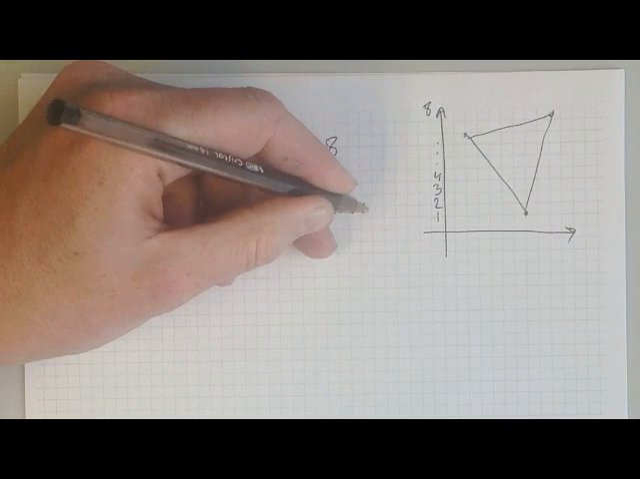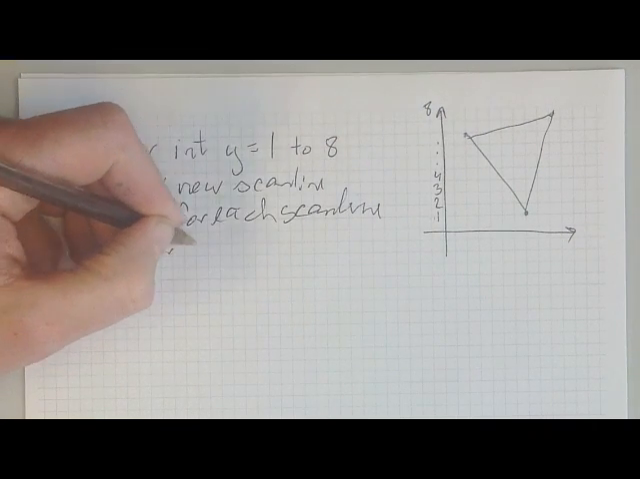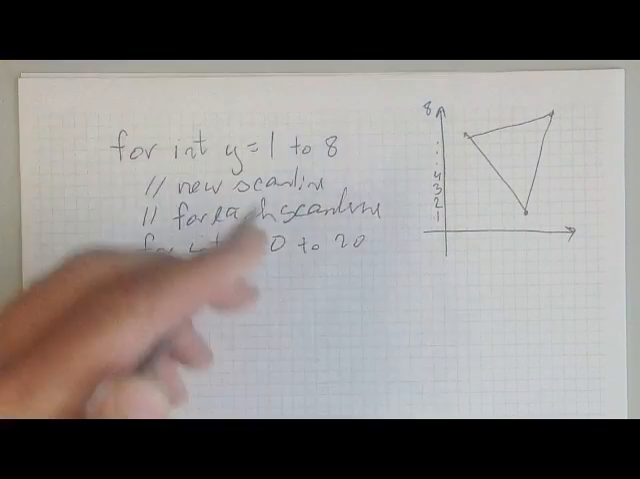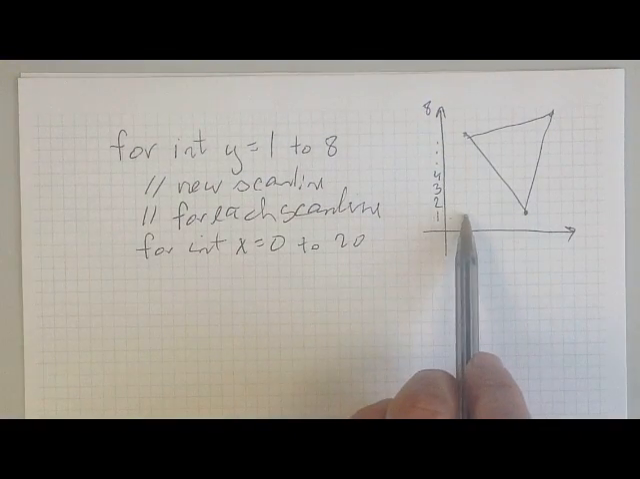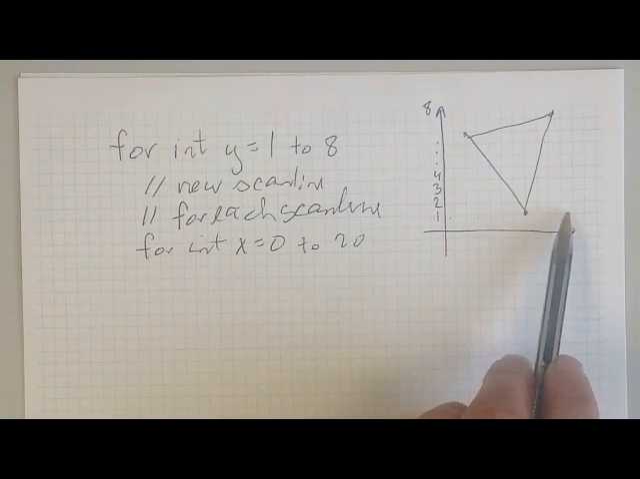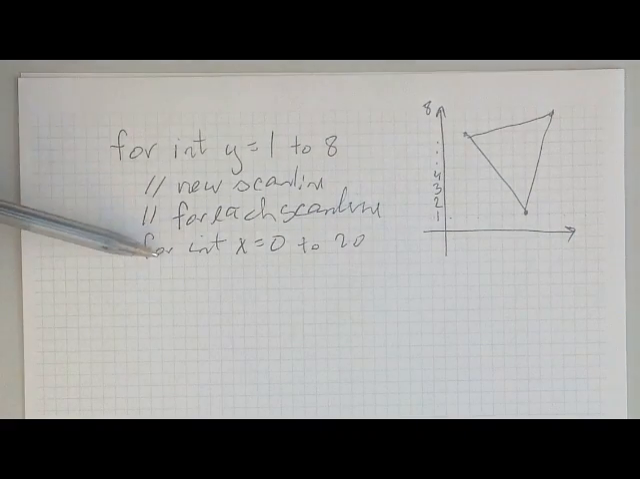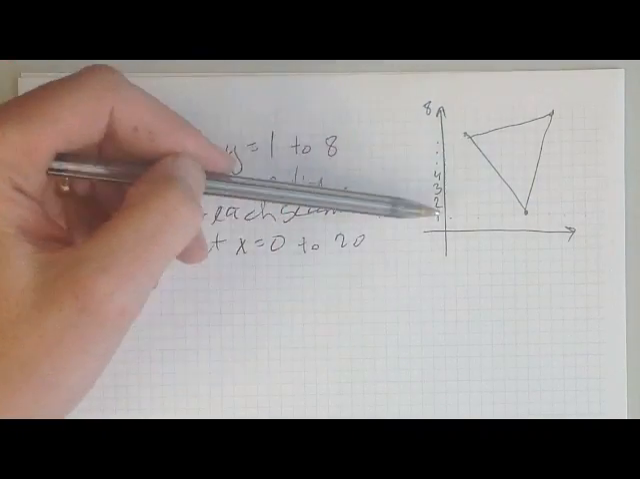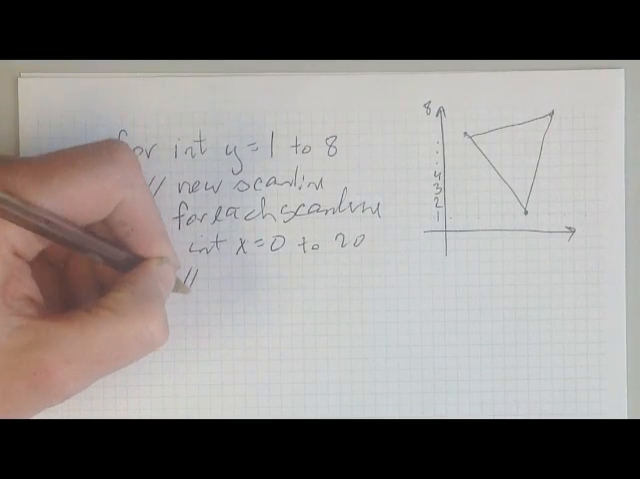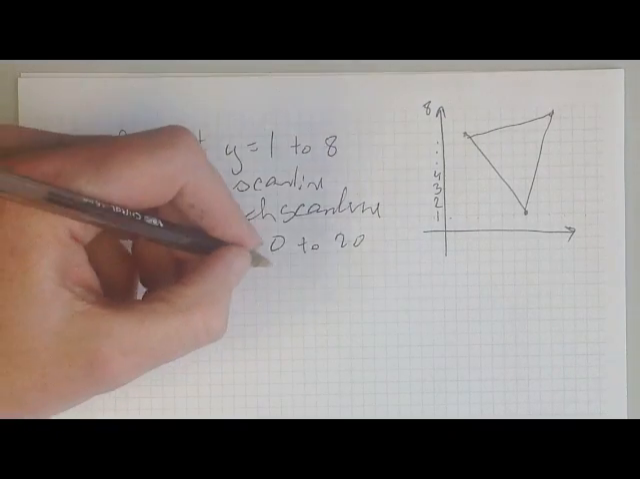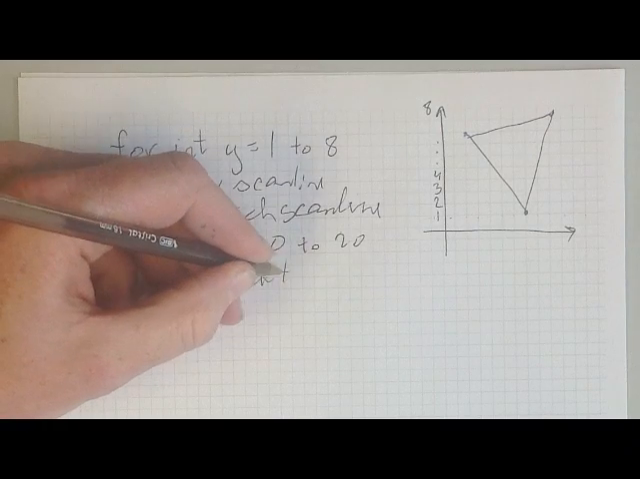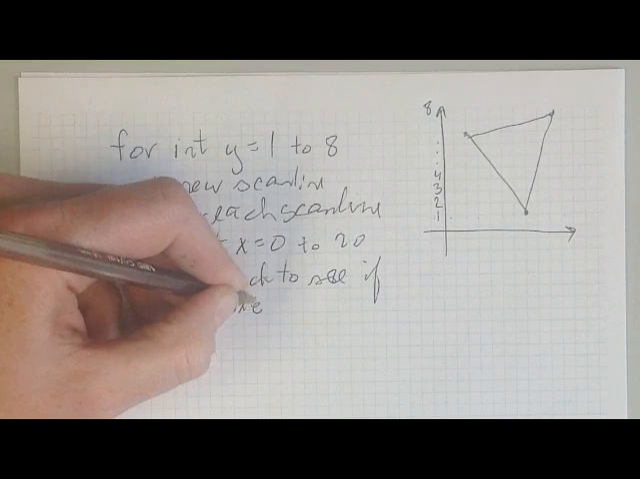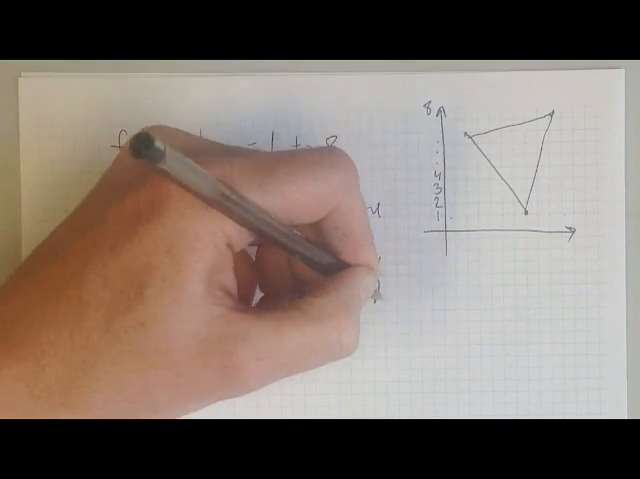Then, for each scan line, what I'm going to do is say for x equals 0 to, let's say, 20. So now I'm going to take each scan line and look at each pixel going horizontally across the scan line. You can do a lot better than going all the way from the left edge to the right edge, but just for the tutorial, we'll go all the way from the left edge to the right edge. As I go across, I'm going to check to see